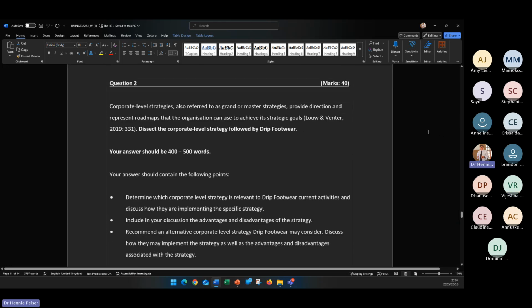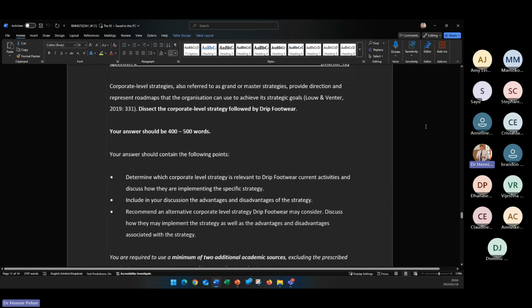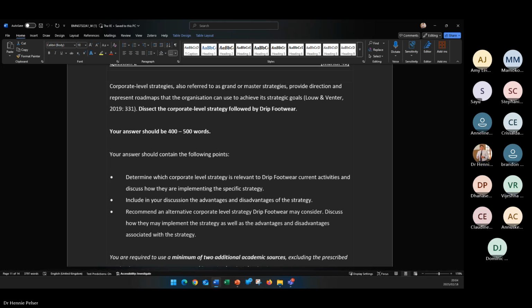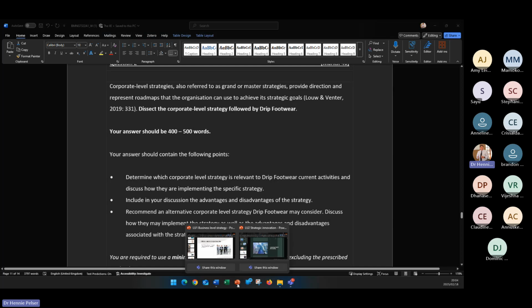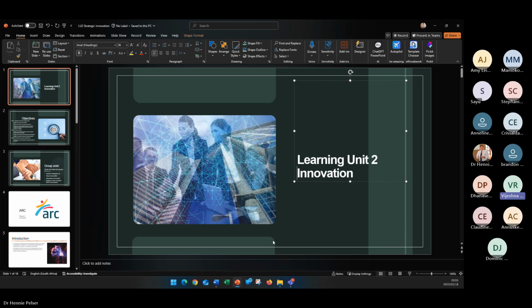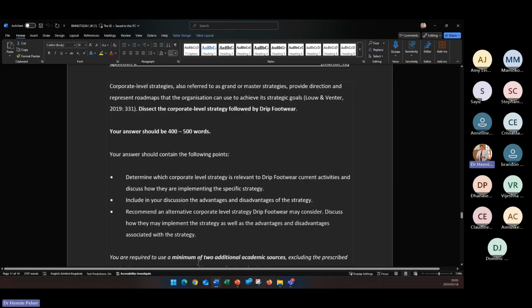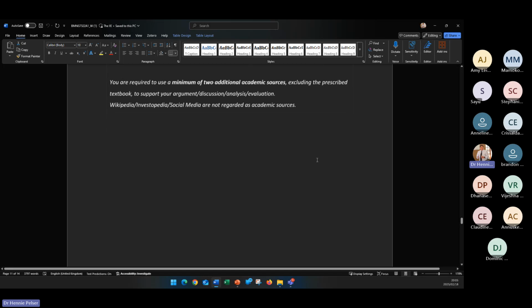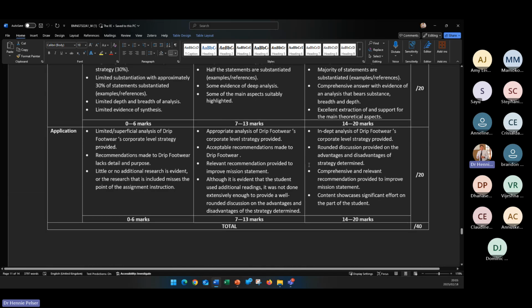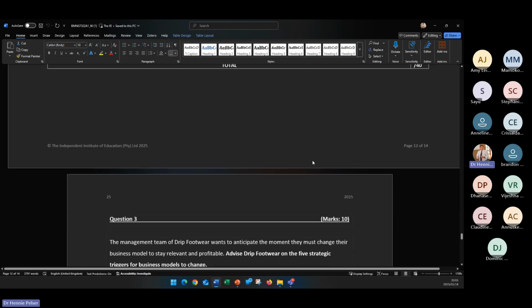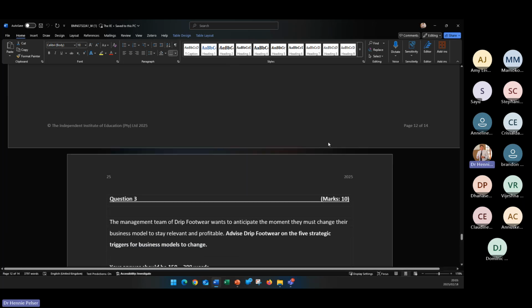Right, the next one, corporate level strategy. Guys, I've done business level strategy. I have not got to the corporate level strategy slides, but what I'll do, if you don't mind, is cherry pick the right slides and share them on the group. Are you guys okay for me to do that? So I actually will give you the slides that you can use for the second question. I will update that. Hi, Anuska. I'll make sure that I do that, guys.